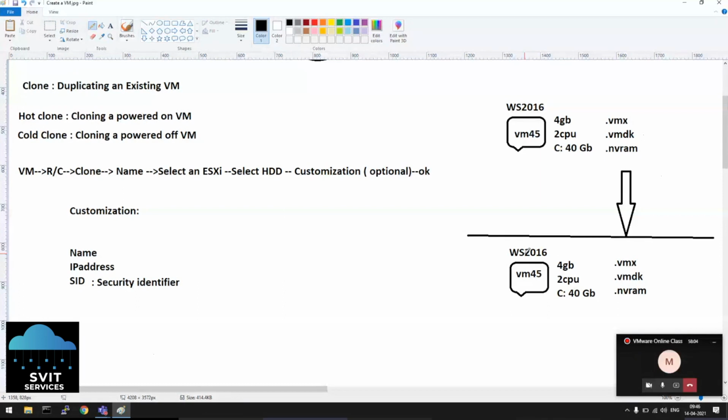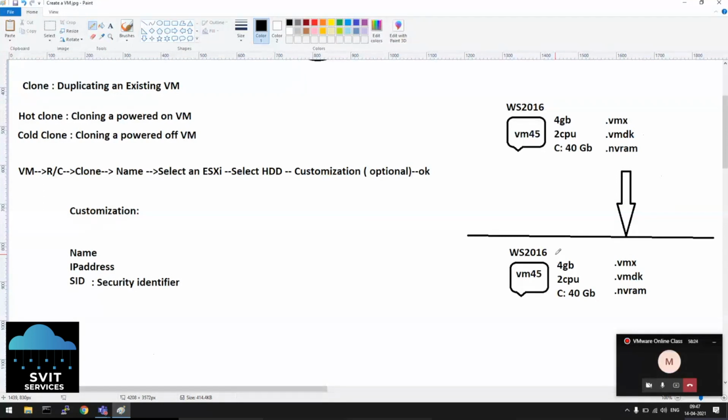Okay, only applications you can remove after cloning? Yeah, if you want to remove, you can remove, but that is also unnecessary. That will also take some time, right? It's not as quick as we expect. That's the drawback: if there is any data, if you clone it, that will be a drawback.